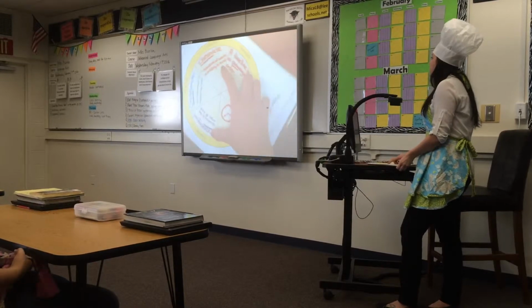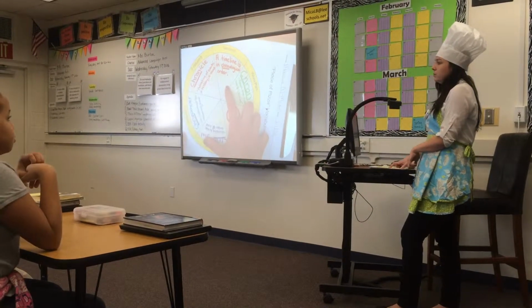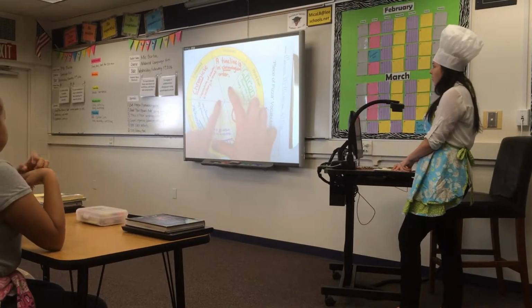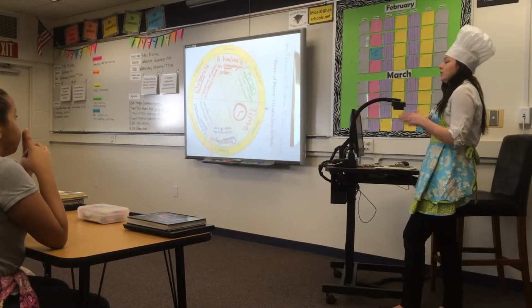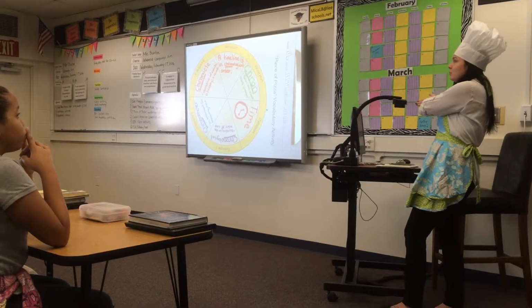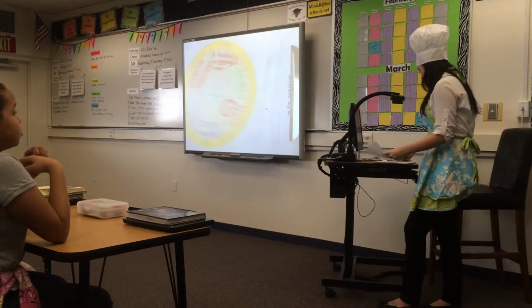The last slice of pizza that I need you to fill out is a sentence. You are going to use one of your examples and create a sentence using it. Mine is pretty relevant to what we did last week. A timeline is in chronological order. We all know that timelines have a beginning date and they go to the most recent present date. So now that you have seen my piece of pizza,